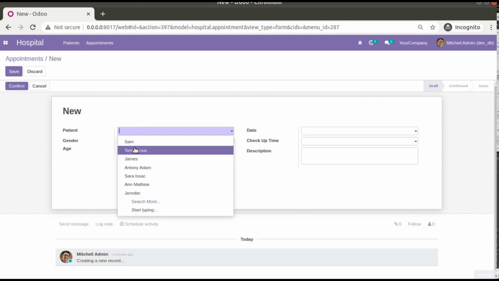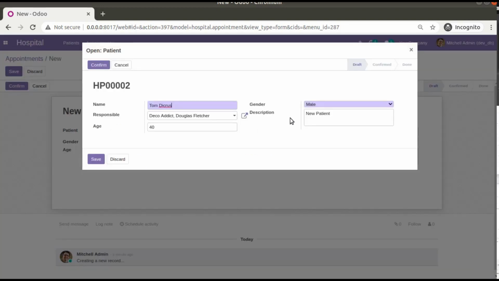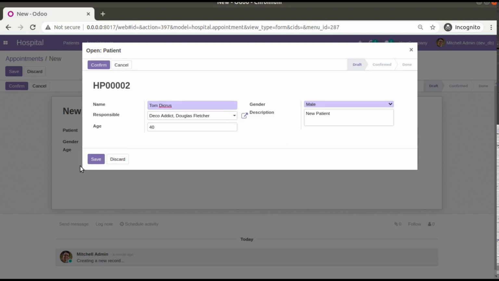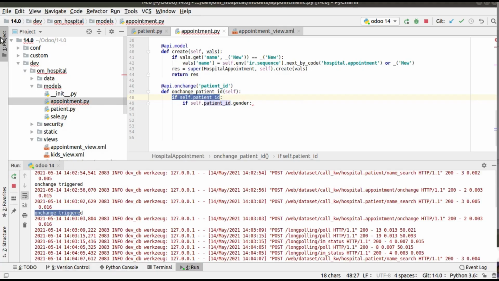If selected, I need to check whether there is a value inside this gender field inside the patient model. So I'll add: if self.patient_id.gender has a value, self.gender = self.patient_id.gender. Simply I have added like this.